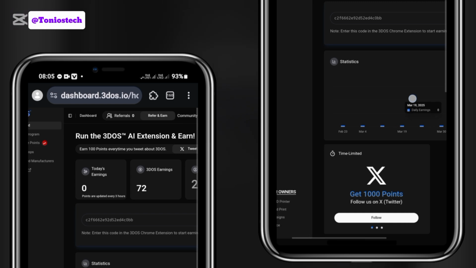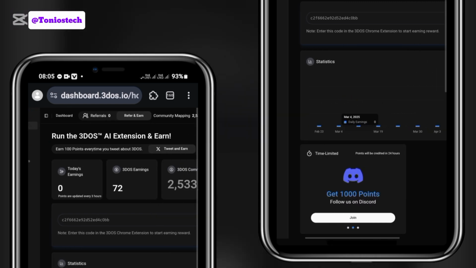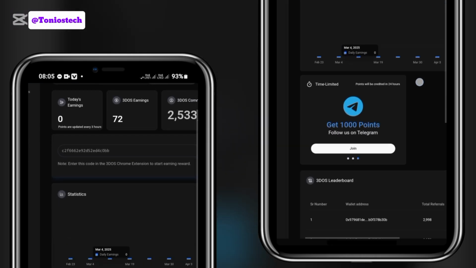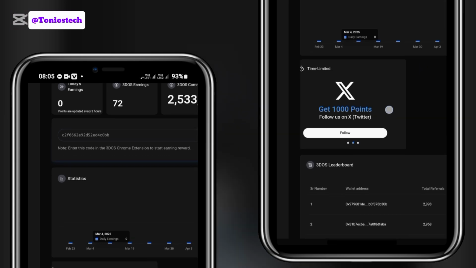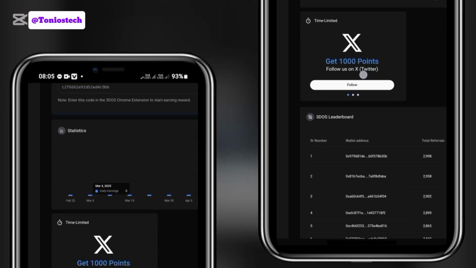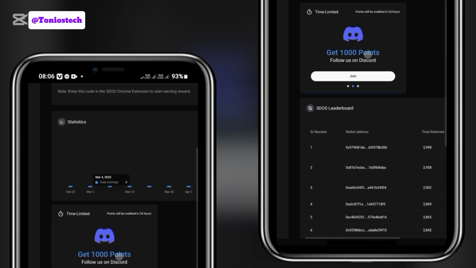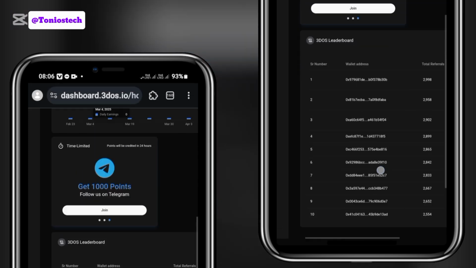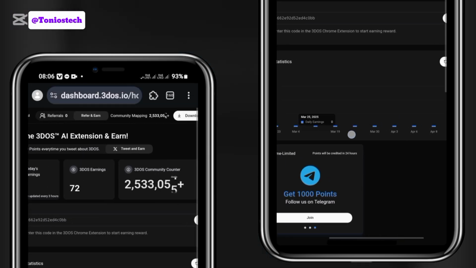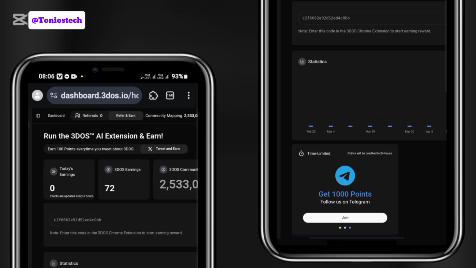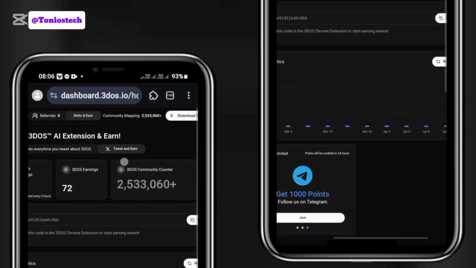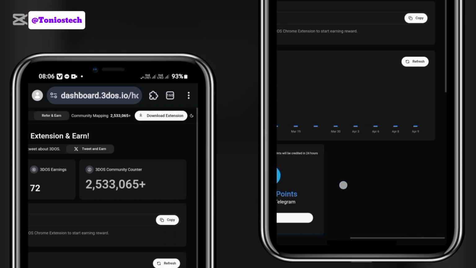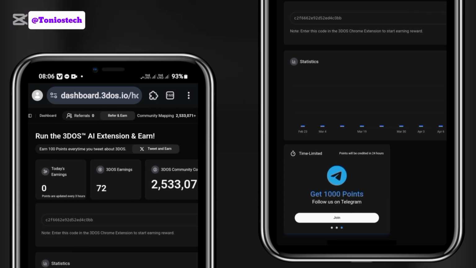There are other tasks on these Three Doors that you have to complete. So if you scroll up here, you can see they are telling me to follow them on X. Look at the first task, and you can see it is time limited. So you go ahead and click on that to follow them on X. If you zoom again, you can see this one is to follow them on Discord, and then the last one is to follow them on Telegram. So you basically have to complete those three tasks. These are the important things, and here your progress, your rewards, you can be tweeting it on Twitter every day. I don't know if there's a reward for that. This is just the basic thing you have to do on